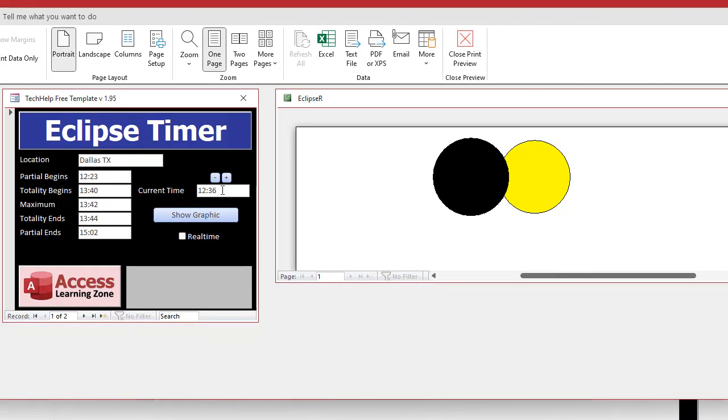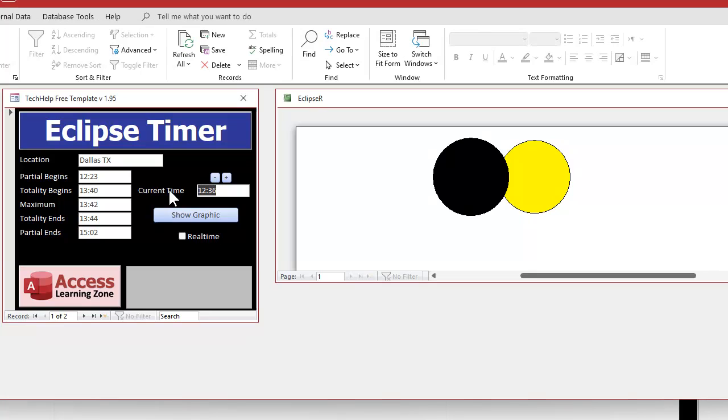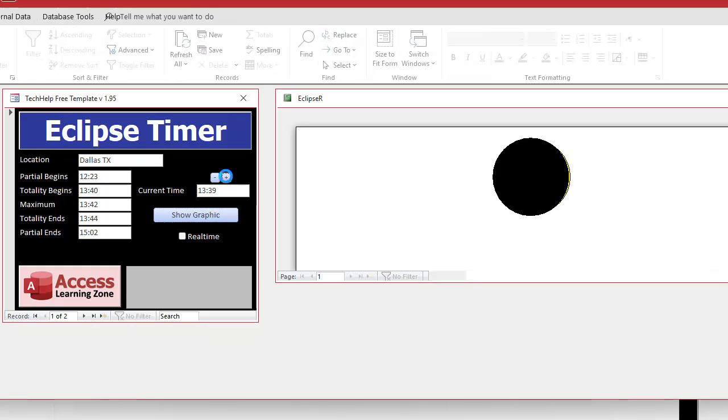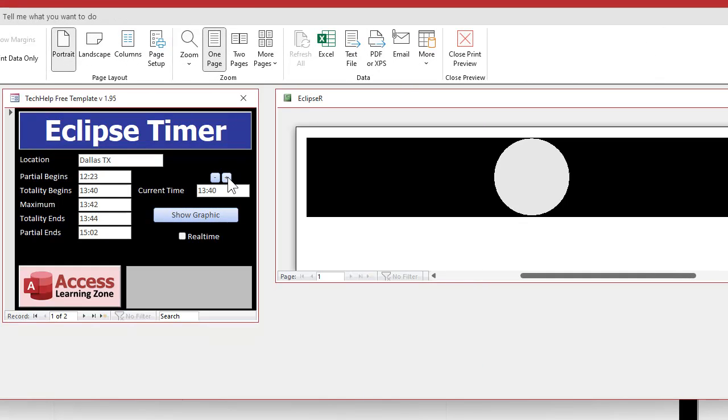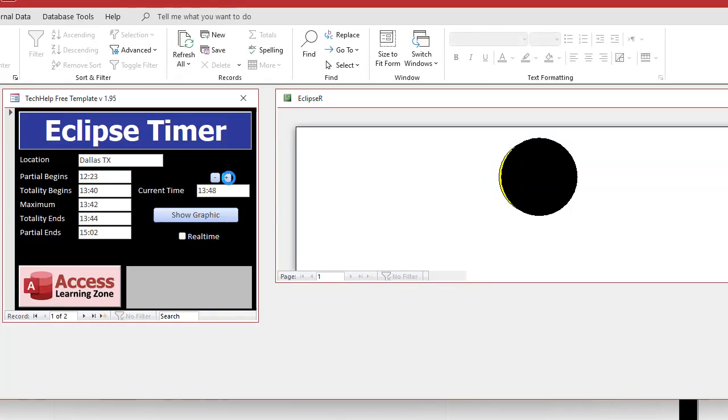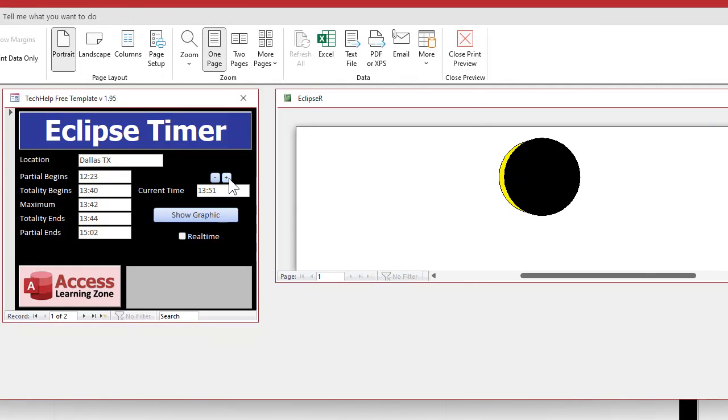And then totality would be what? 1340. So I'll put this at 1339. And then we'll show it. And, oh, look at that. It's almost covered. And then we'll hit like that. And now we're in totality. Isn't that pretty cool? And we'll move across a little bit like that. Keep going. And then totality ends at 1344. And there we go. The sun starts to poke back out again. That's pretty cool, huh? Now, in order to do this, we need to know how to create circles